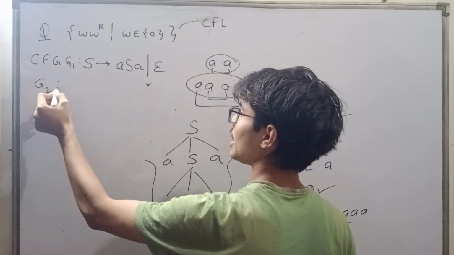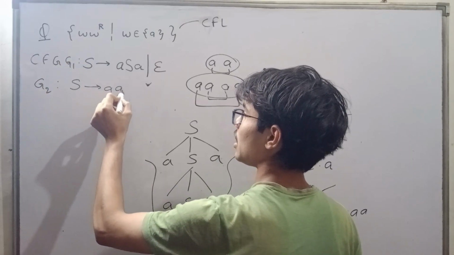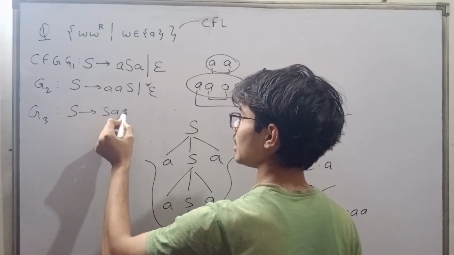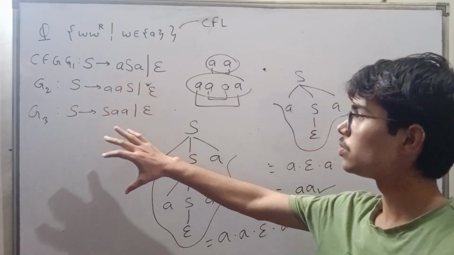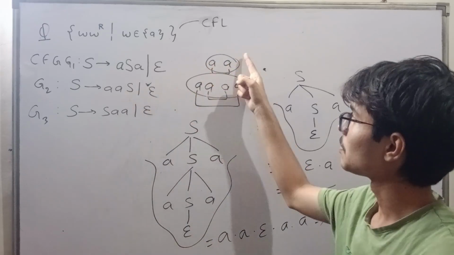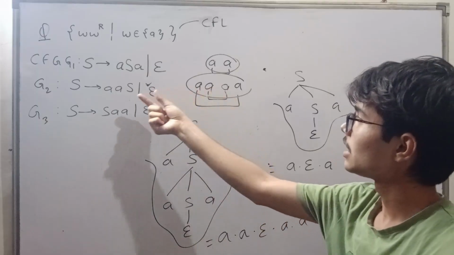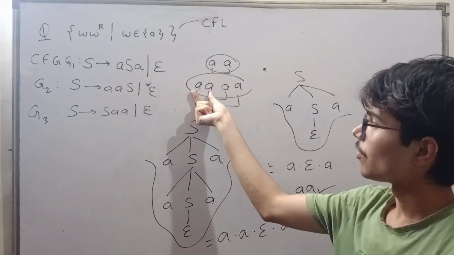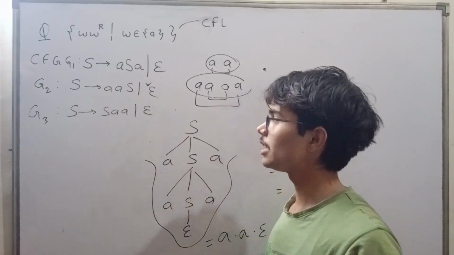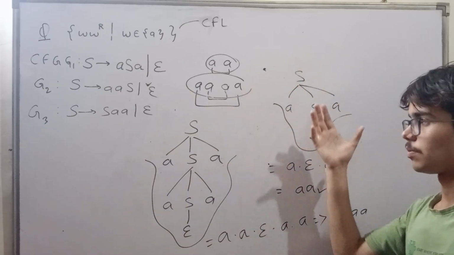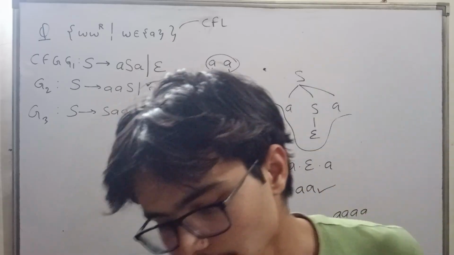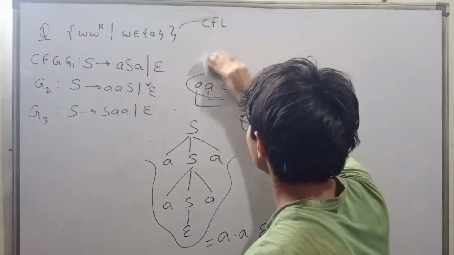Let's suppose grammar 2 you can write the same thing like this: S goes to AAS or epsilon. Same thing, grammar 3 you can write like S goes to SAA or epsilon. These all do the same thing. Like you can see, you take SS, then after this you can write epsilon. How can you generate this? Double S, then S again does this SS. You can think intuitively by making a parse tree and analyze this also. These are the things where you use your brain. So I will rub this and let's solve another question.